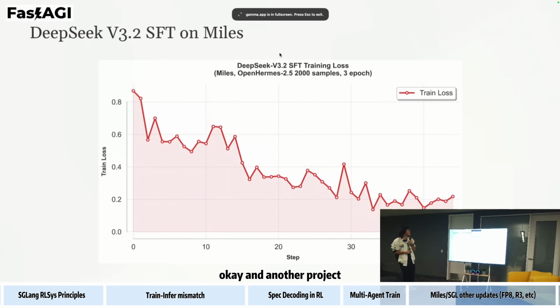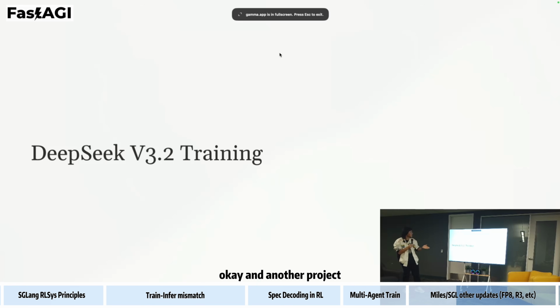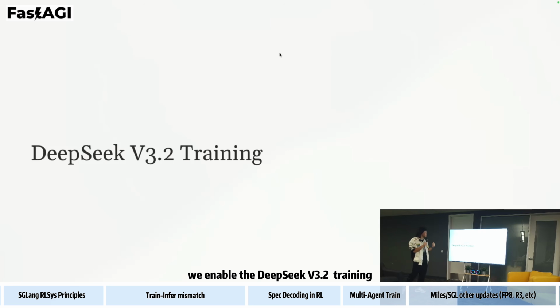Right. Okay, another project of our team that I want to introduce is that we enabled DeepSeek v3.2 training. Sorry, I have said this thousands of times, but since we do not do invasive optimization or changes to SGLang, after DeepSeek v3.2 was released, we just updated SGLang's version to the correct version that supports DeepSeek v3.2.